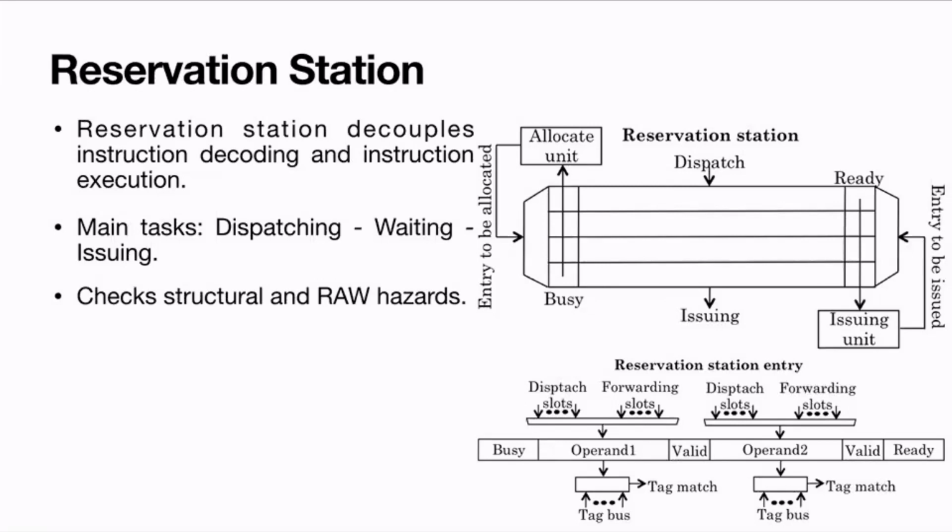True dependency, because read after write means, in the previous example, R1 in the multiply instruction is waiting for the value to be produced by the add instruction. Add is going to write to R1 and multiply is going to read from R1. So now there is a true dependency, read after write. Multiply wants to read from the register only after